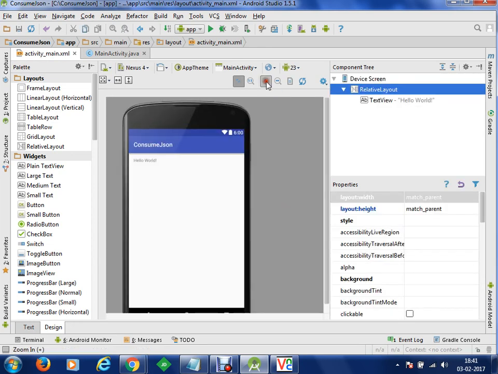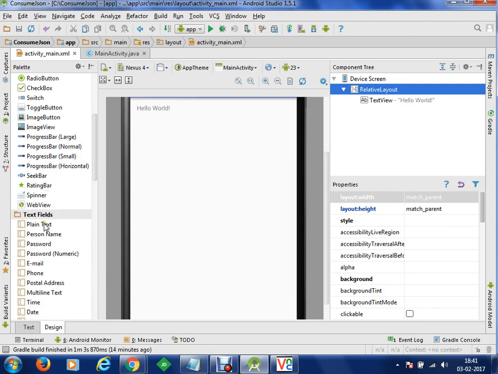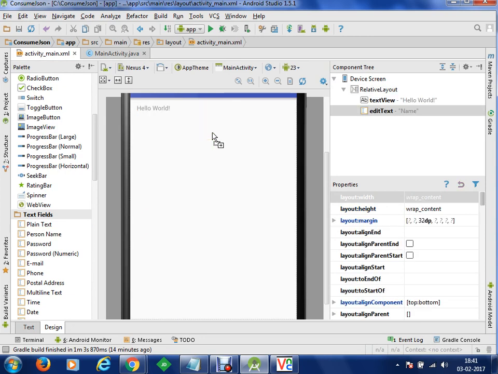So let's just design our application. We are going to take an edit text from here, and within the edit text we are going to provide our name. The name will be Devanshu for this demo. Here we are going to change the text value and put a hint on this control.